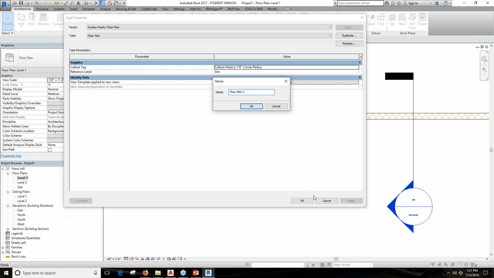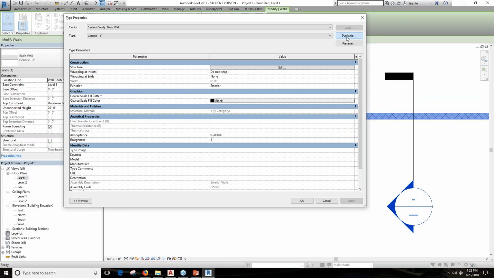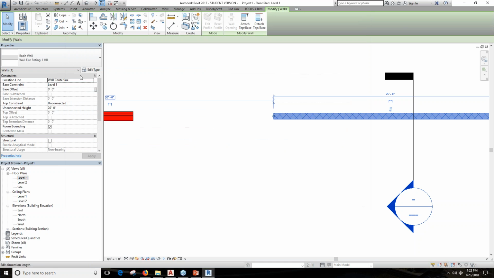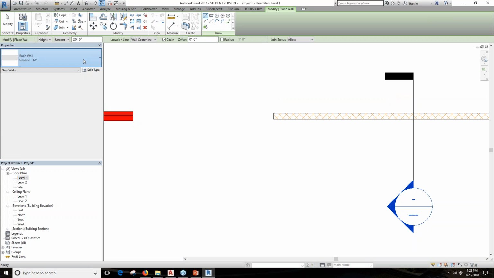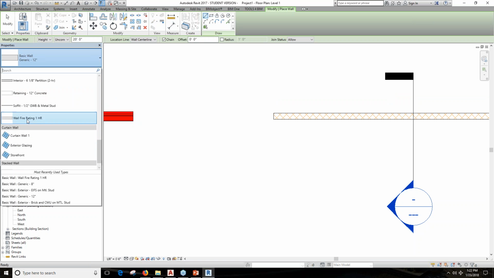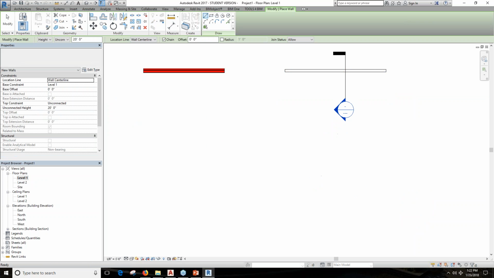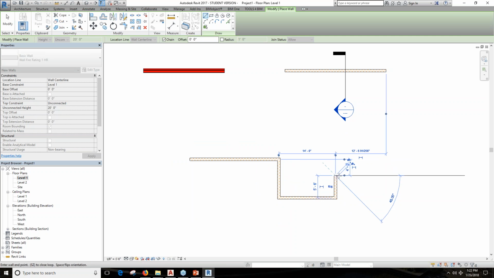So I select the wall, edit type, duplicate it, and then I'm going to call this wall fire rating 1 hour. So now you have that in the list of walls. If you go now here in wall creation, you're going to find that one here, wall fire rating 1 hour. And then you can do your design the way that you want to,